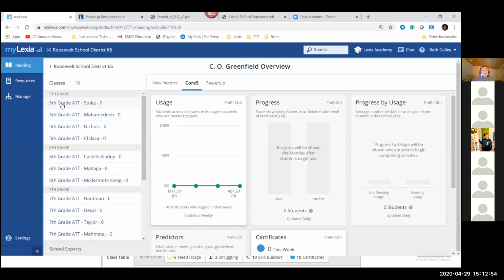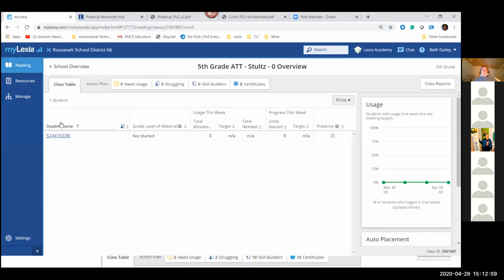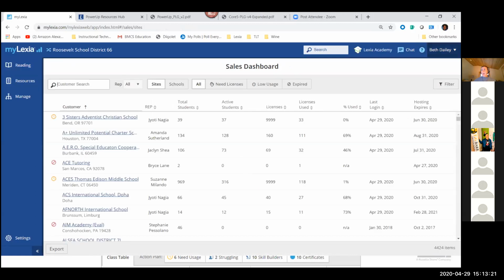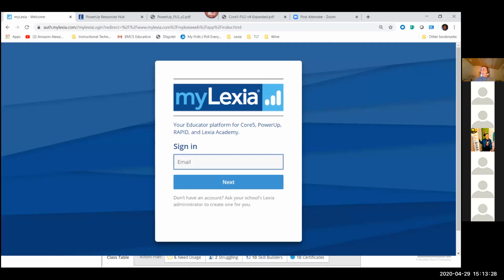this teacher is, let's say I'm Stolz, I'll be able to see the students that are in my class in this class overview. So that gives you a sense of the different views, whether you are a school admin or a teacher, in terms of what you might see when you log in to the MyLexia site. So I'm going to log out of your site, and then I'm going to log back into the